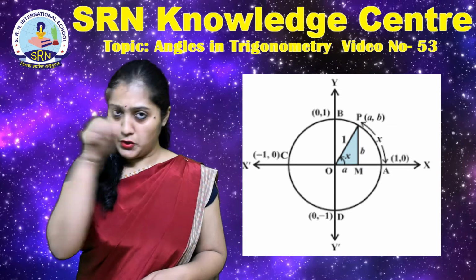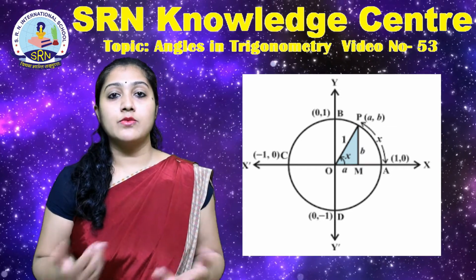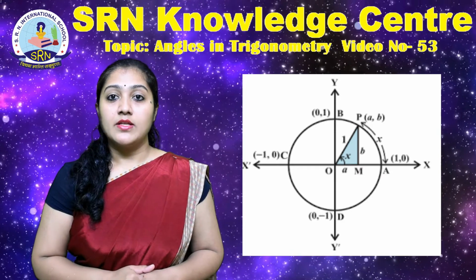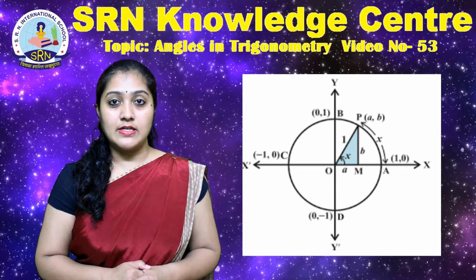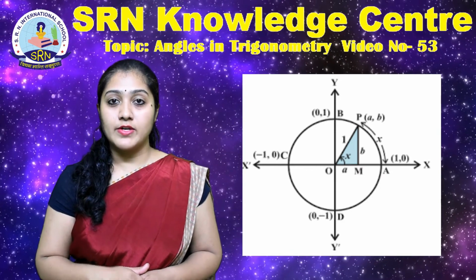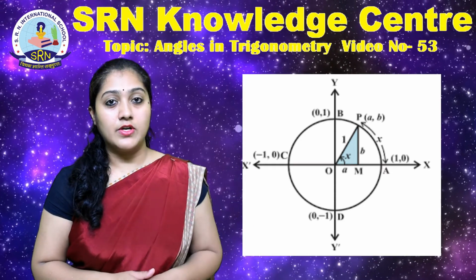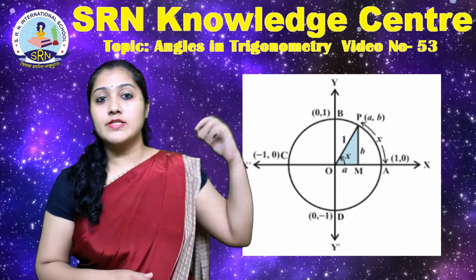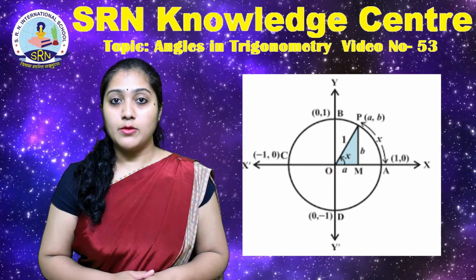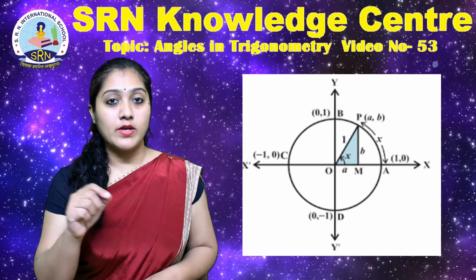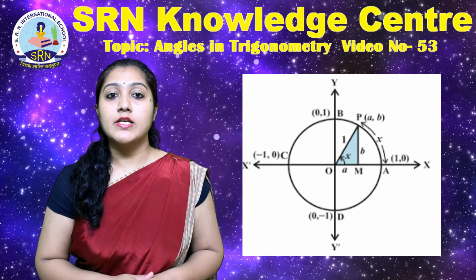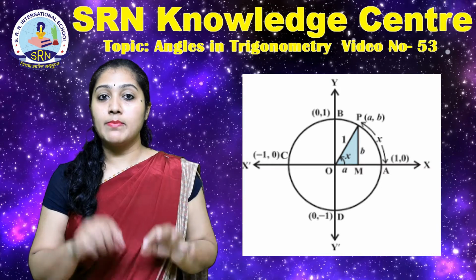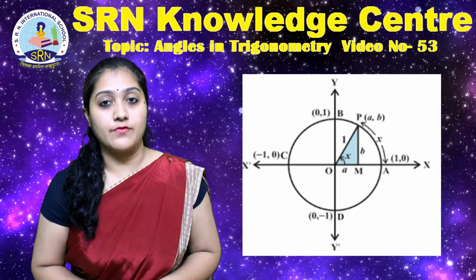Let us consider a unit circle, that is a circle with radius 1 and its origin at the center. The circumference of the circle is 2 pi since value of radius is 1 as shown in the figure. Let us draw a ray from the center of the circle cutting the circumference at a point P. The portion of the circle from 1, 0 to point P is called an arc of the unit circle, and its length will be proportional to the circle's circumference.